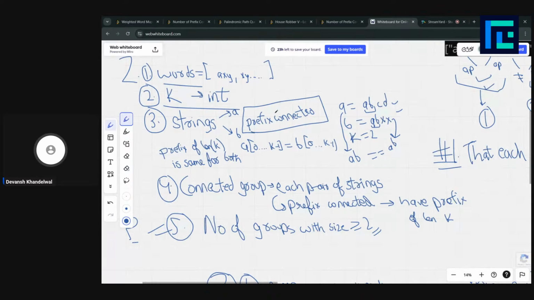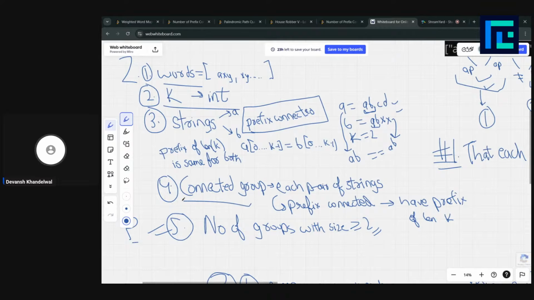Prefix connected strings are strings which have the same prefix of length k. For example, if we have abcd and abxx and k equal to 2, as the prefix of length 2 is the same for them, they are prefix connected. And we are also given the definition of connected groups.